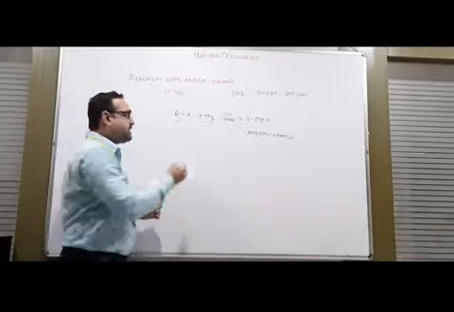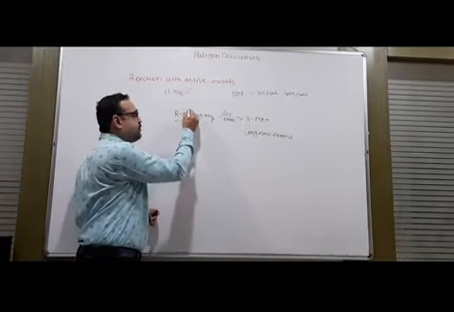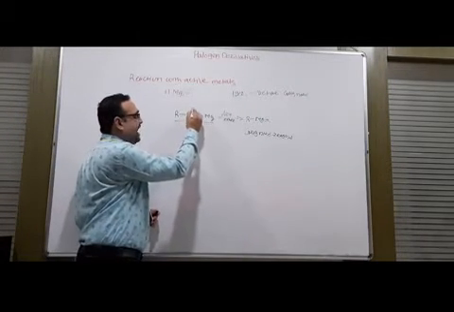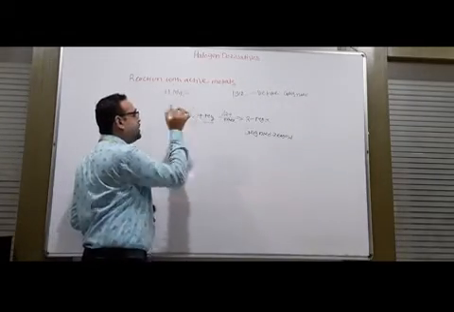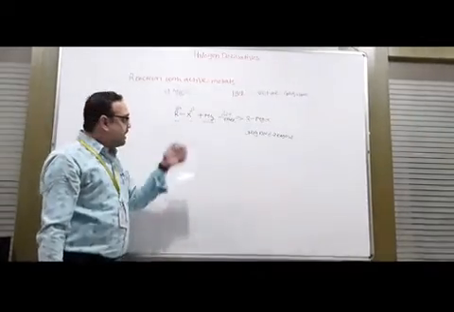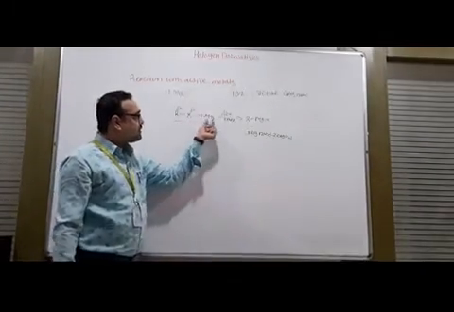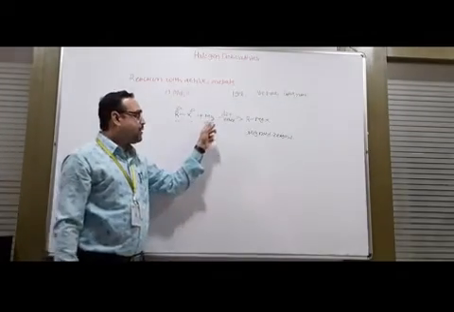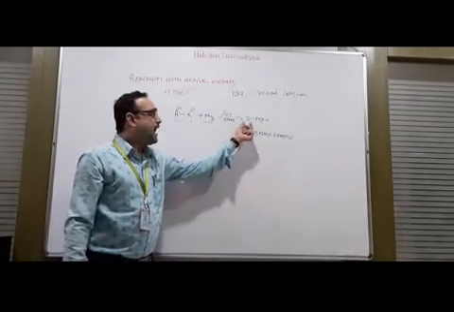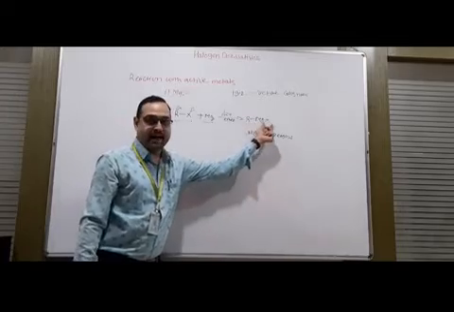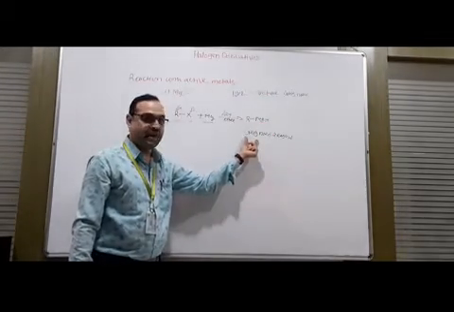As we know that X is more electronegative, so it acts as delta minus, whereas R is delta plus. But when RX reacts with magnesium, the product which it gives, that is alkyl magnesium halide, is Grignard reagent,